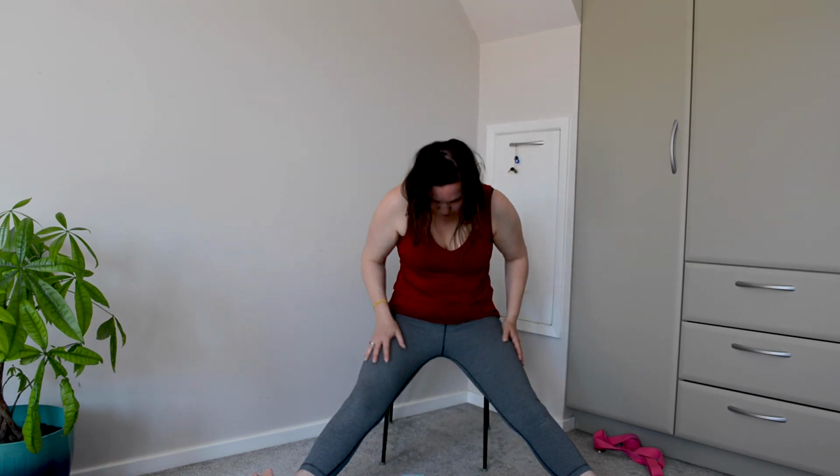slowly curling yourself back up, so keep your belly in towards the spine, walk the hands back to the top of the legs, hold onto your support and then slide the legs back in. And then one last time, if you wish, you can take hold of the back of the chair or the side. You can release the shoulders out